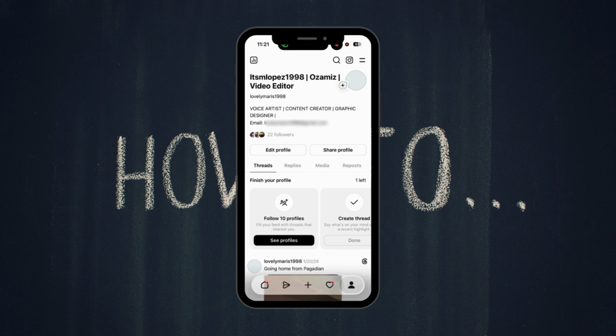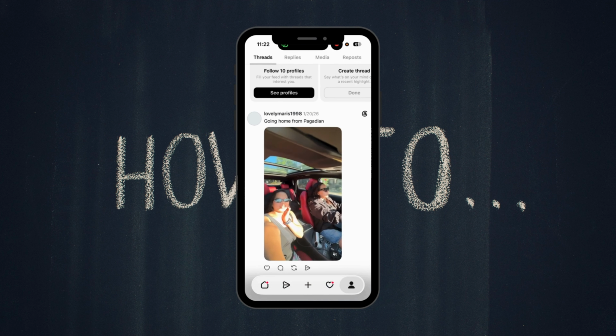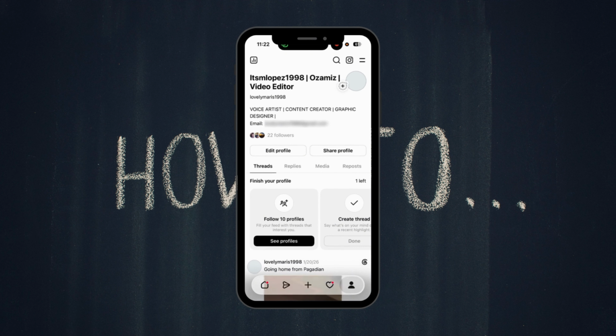Next is profile discovery, so people may still be able to find your Threads profile through search, your username, or your linked Instagram account depending on your settings. Next, you have replies and interactions. So your replies may be visible to others based on the privacy settings of both your account and the original post. Next is follower control, so you can remove followers or block users at any time to limit who can